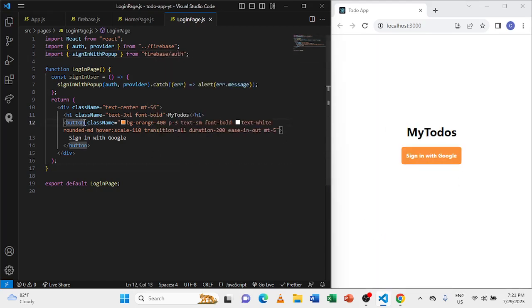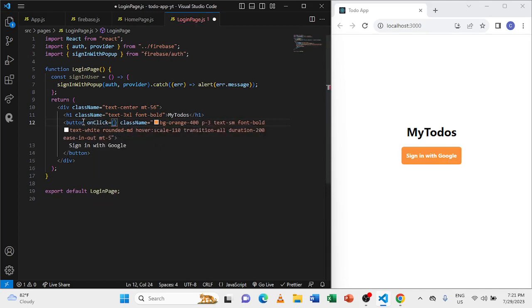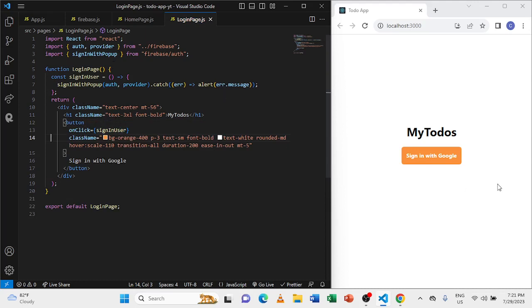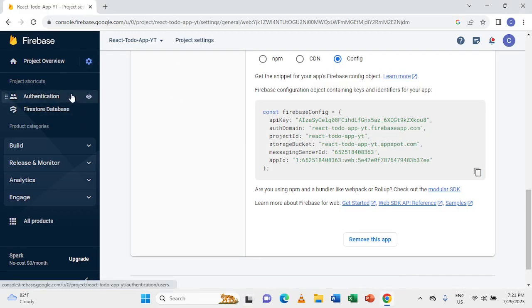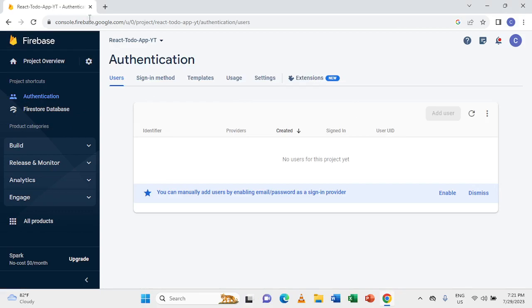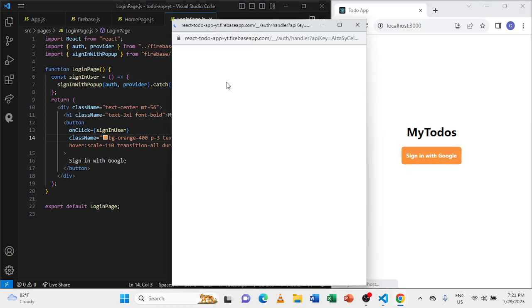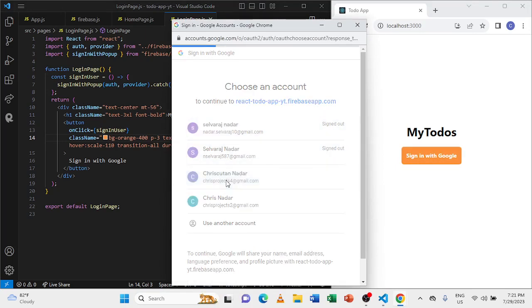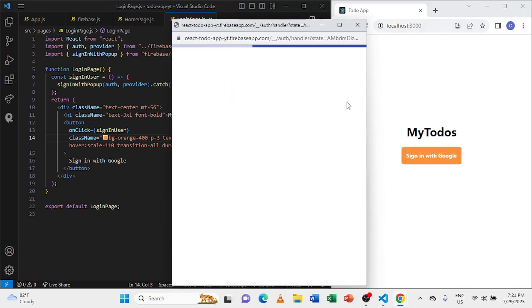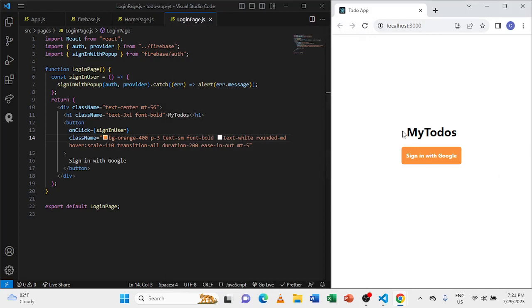And now this button which we created, I can say on click of this button, you call signInUser. So now if everything is correct, and because we already set up the authentication in Firebase with Google, when I click, I should get a pop-up to sign in with the account. So if I click sign in, here comes the pop-up. I can select my account here,